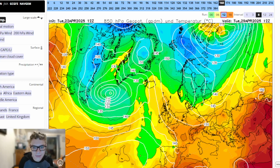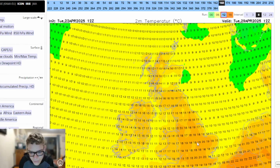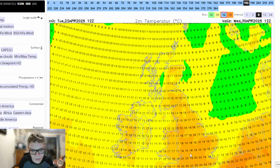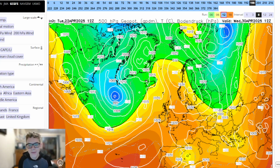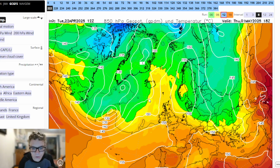If we have a look at the 2-meter temperatures for Tuesday next week, you can see they're reaching 18s, 19s and 20s, but nothing too ridiculous or out of the ordinary, really. You would expect mid to high teens possibly at this time of year, the end of April into the start of May. If we have a look to the start of May with the GFS 12Z run,